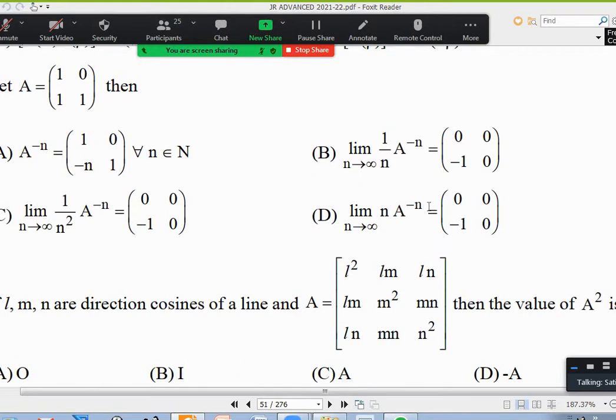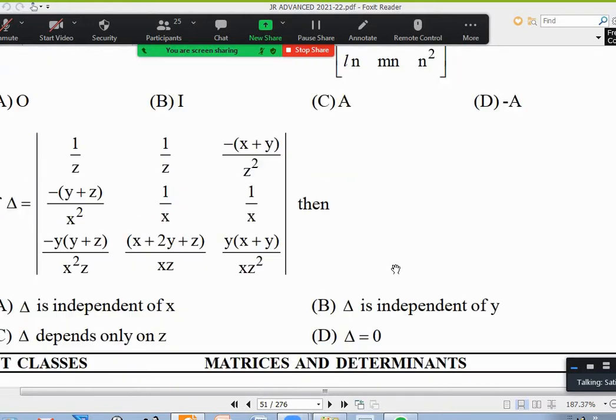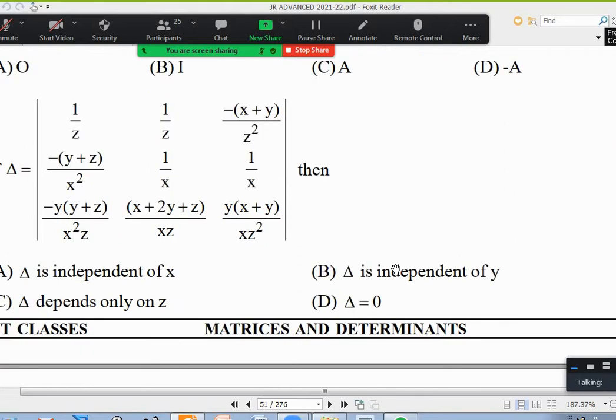I would have told you to skip some of the questions before, but I did not see the material carefully. Even the fifth one, what is the direction for sine? You also don't know. Okay, sorry. There are some questions which are interrelated to other topics, and I had not informed you before. Okay, sixth question.